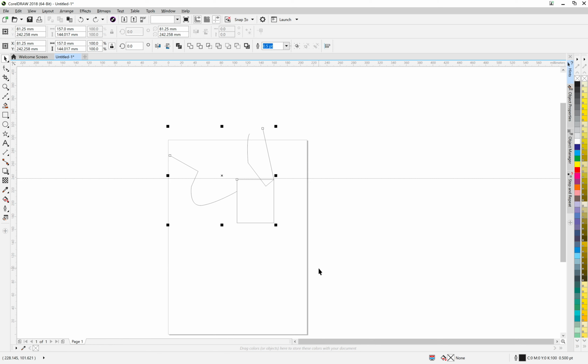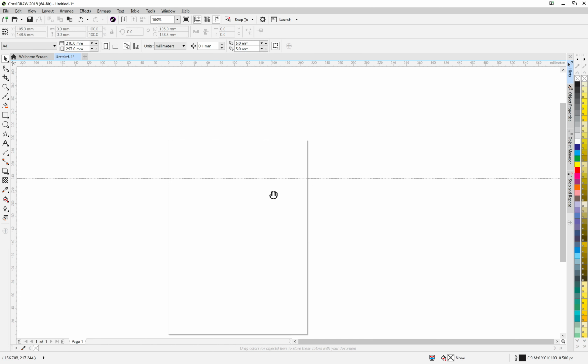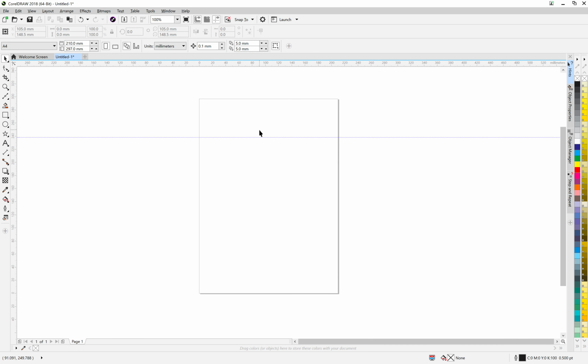Okay, let's finish off that particular document. I'm going to highlight all of these objects by dragging a box around it, and I'm going to press the DEL key. That's going to delete any of the items that I'd selected on screen at the time. Okay,